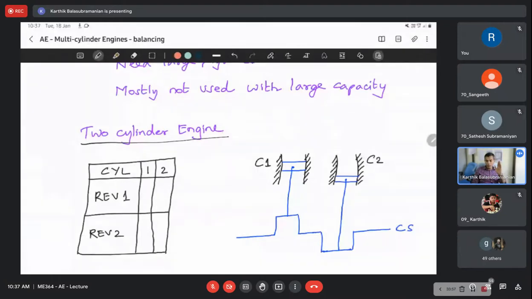So consider cylinder 1. Let us start with cylinder 1. The piston is at top dead center, right? Yes, sir. And then in cylinder 2, where is the piston? Bottom dead center. It's in BDC. Now, if cylinder 1 gets a power stroke in revolution 1,